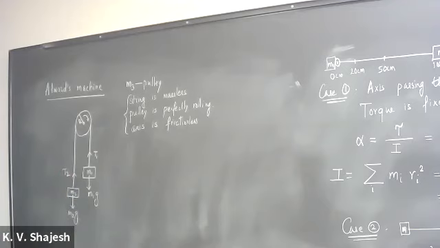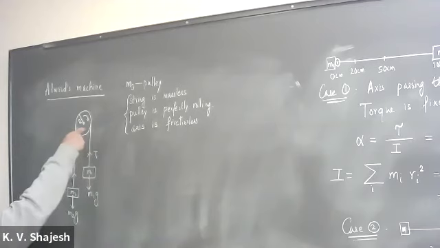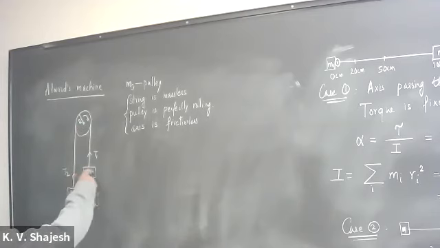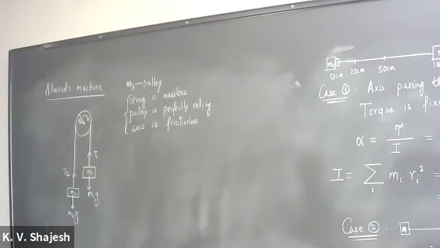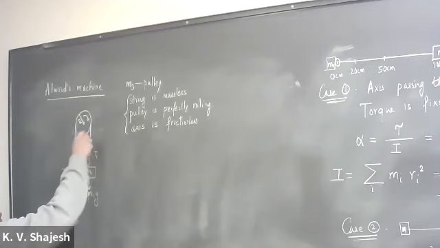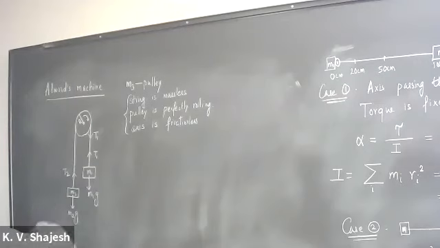Earlier, 3 weeks back, when we were not dealing with rotational motion, we argued that the force of tension T1 here has to be exactly the same as the force of tension T2 on the other side. But that's not the case anymore when there is a pulley which has a mass associated with it, because this only connects with the pulley. Now there is an intermediate mass in there, so it has to talk through the pulley to the mass M2. So the only thing we can say is that the tension on the rope at this point will be T1. But we cannot say the same thing out here.